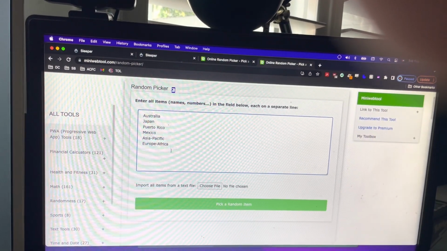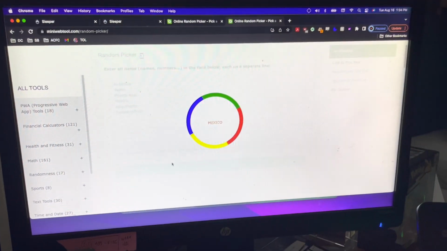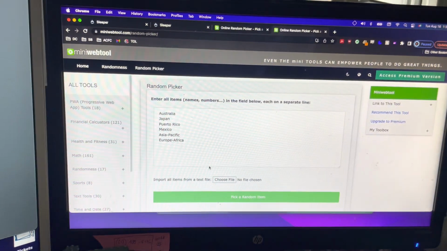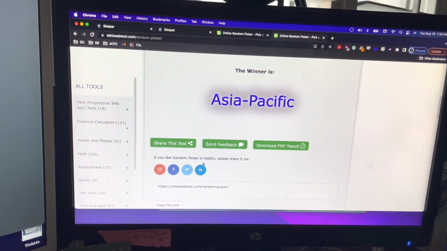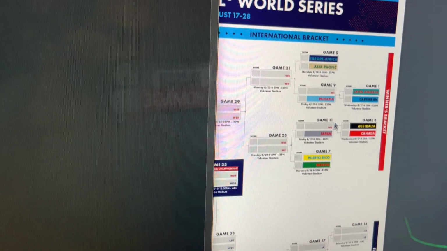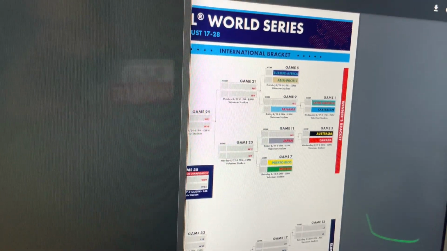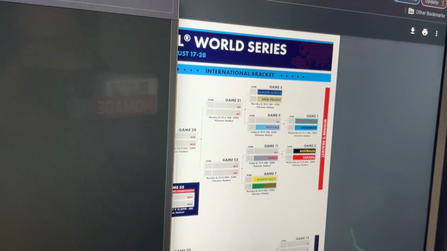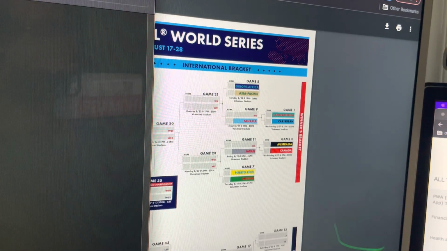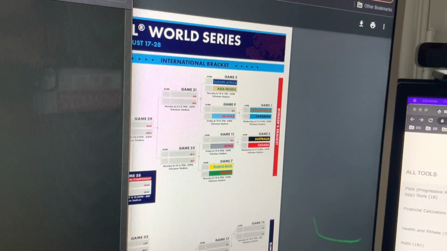Dylan's international team is Asia Pacific, which is not in the first 8. So they are also historically a powerhouse in this tournament.